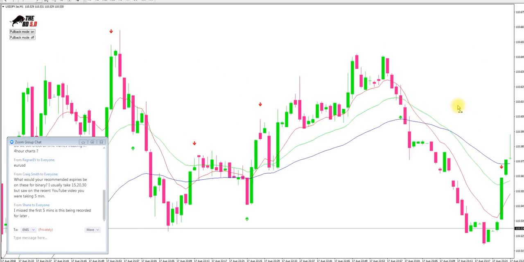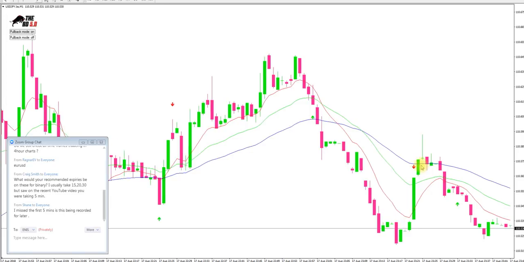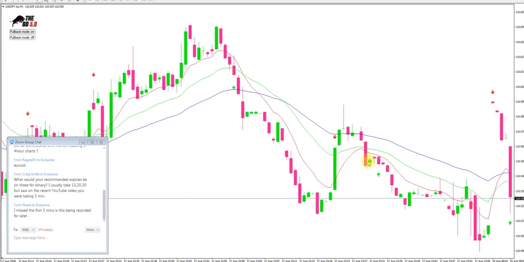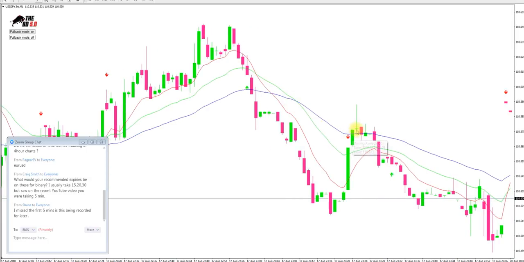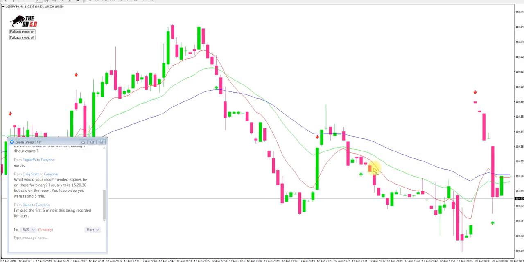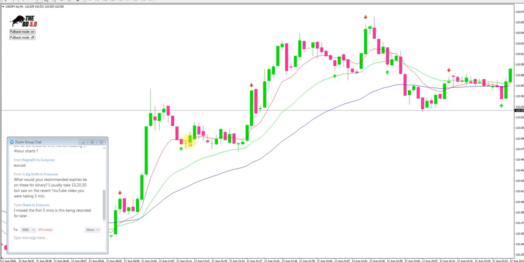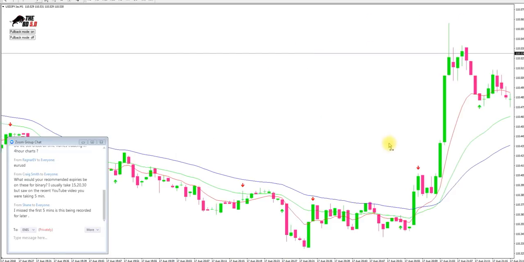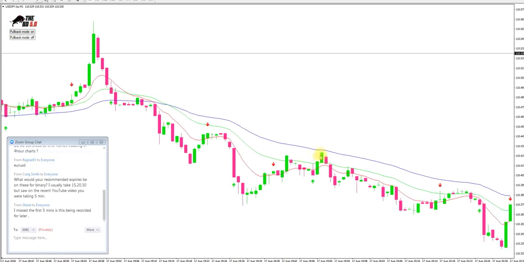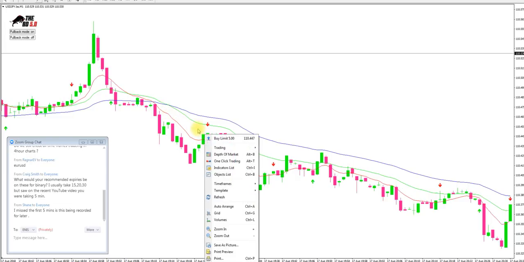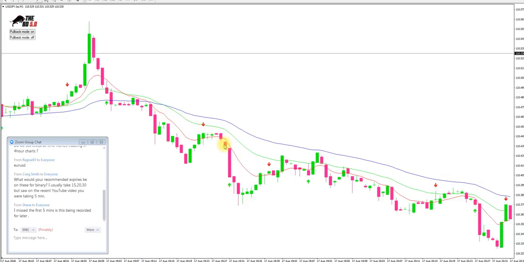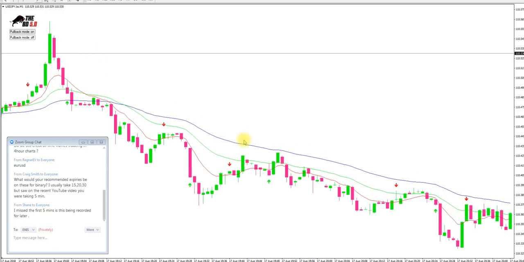Reverse. I was taking setups like this. 1, 2, 3, 4, 5. Would have lost. But this is why I would say, wait, do a 15 minute trade or 20 minute. You would win this. 1, 2, 3, 4, 5. You would have won a 15, 20 minute trade there, and here and here as well. But I find, see here, 1, 2, 3, 4, 5, a 5 minute trade would